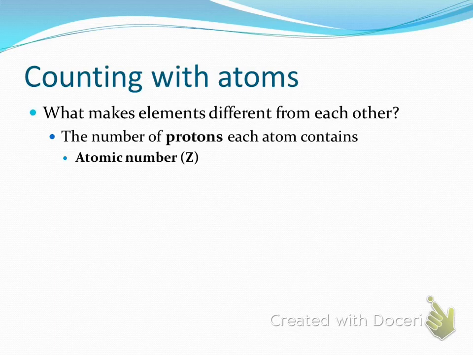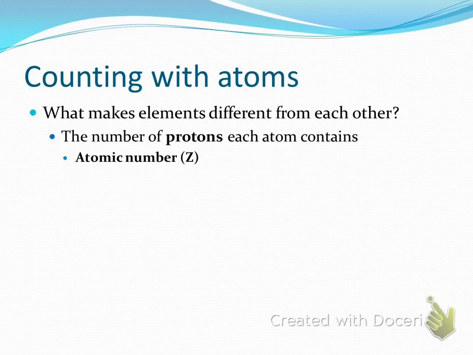So the number of protons found within an atom is different for every single element. Okay, so that's one quality that helps us identify the element, number of protons. So if I have an element that has 16 protons, tell me what element that is. 16 protons, what is it? Sulfur, right? It could have different numbers of neutrons, it could have different numbers of electrons, but if it has